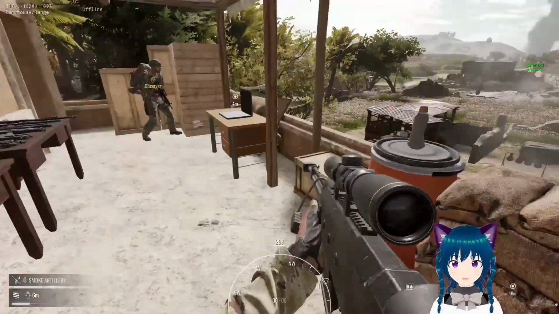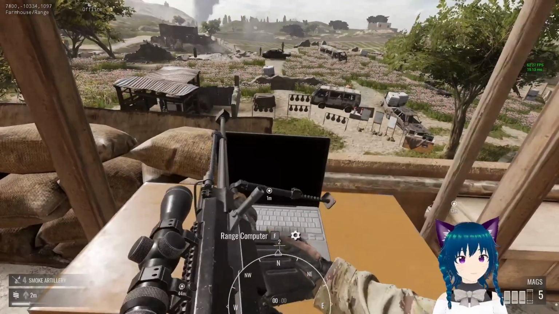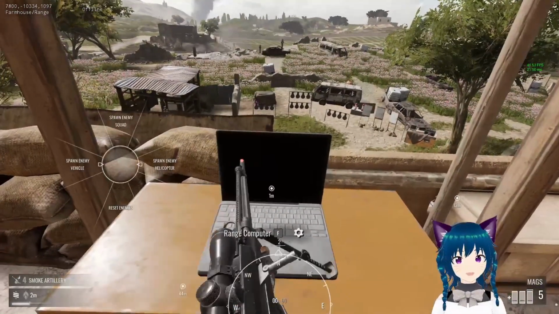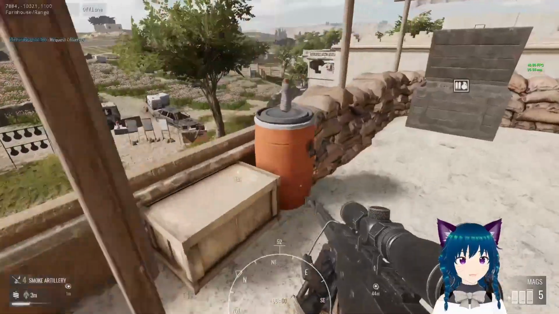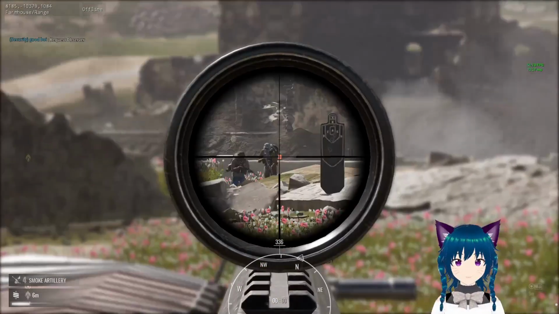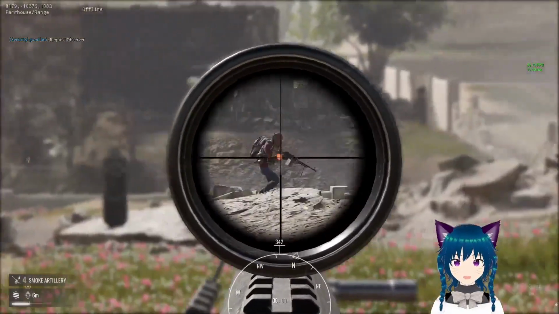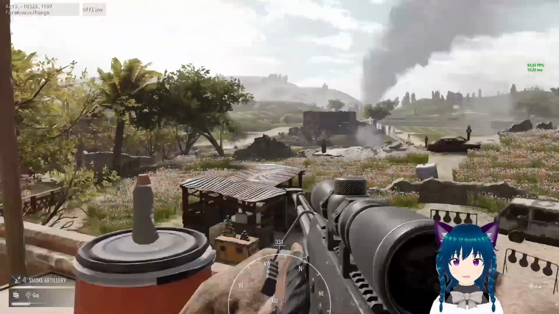Now, I do think that you can actually call in some opponent bots if you want to mess around. So I think I will do just that. And they kind of spawn over there. And this gun is very, very overpowered. However, once they get closer,